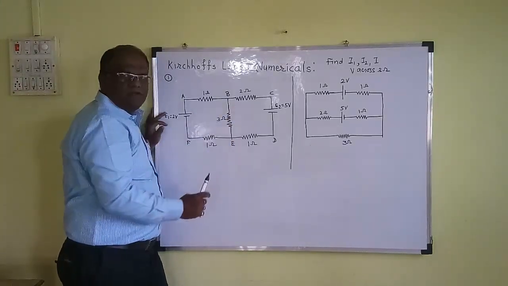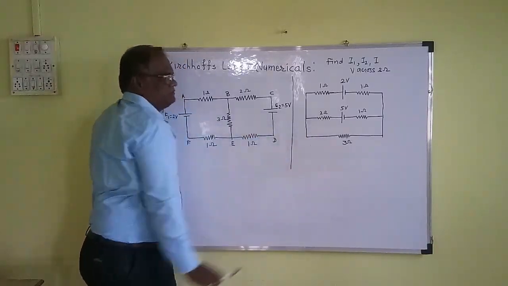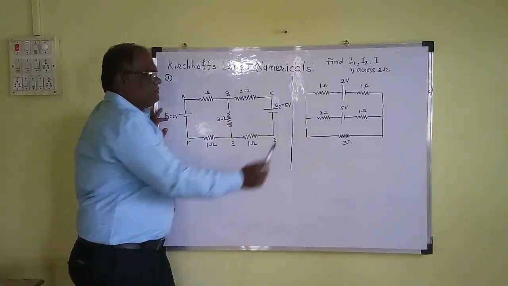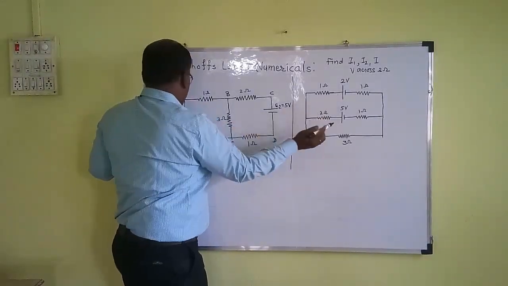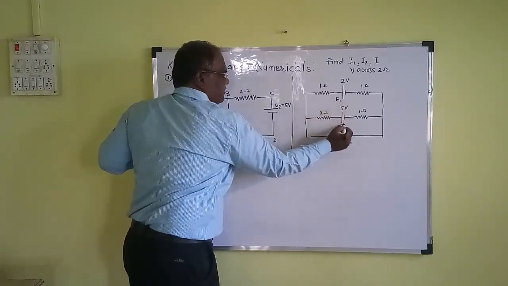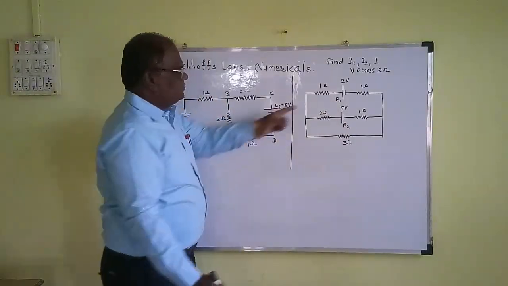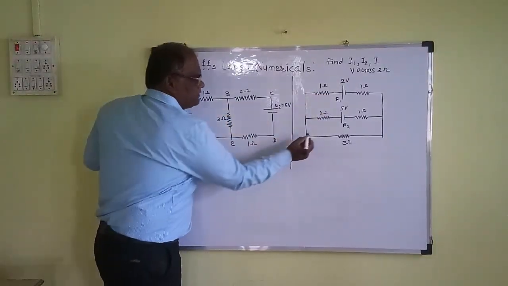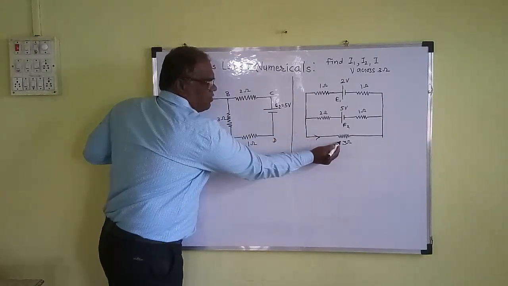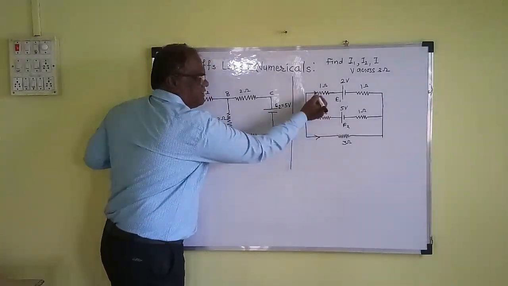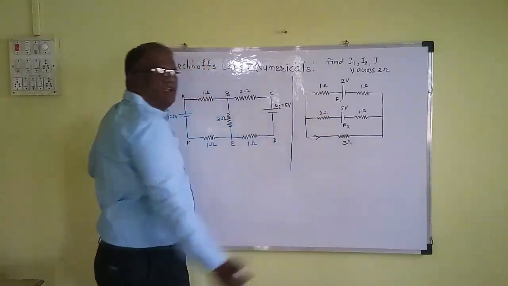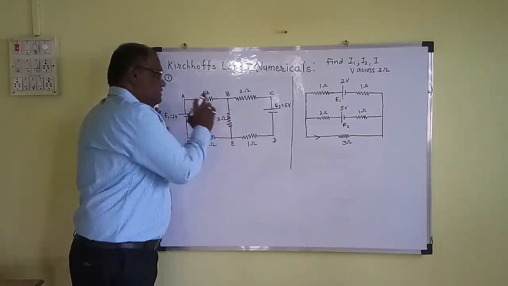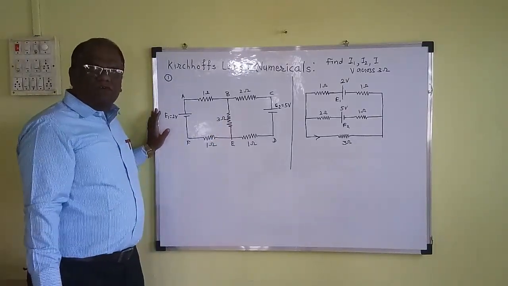This is the theoretical statement. See the diagram here. Both diagrams are the same. Here this is E1, E2. Two batteries are connected parallel to each other so that a 3 ohm resistance is connected in such a way that both batteries can send current through the 3 ohm resistance. Let us solve this by using Kirchhoff's voltage law.